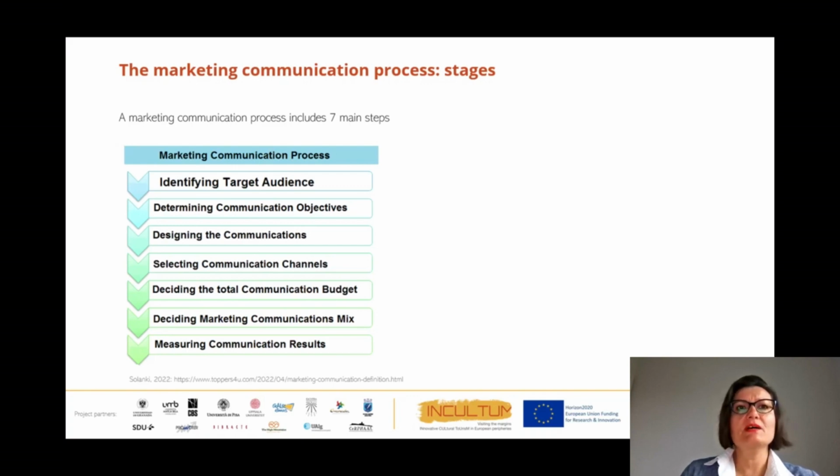Step 2 is about determining the objectives of your communication. In this case, you might ask yourself, what are my objectives in terms of business, but also in terms of communication, of course? What do I want to communicate? What reaction do I want to produce in my receiver? Step 3 is about designing your communication. Here, the key question might be, what form should the message have? That is the encoding